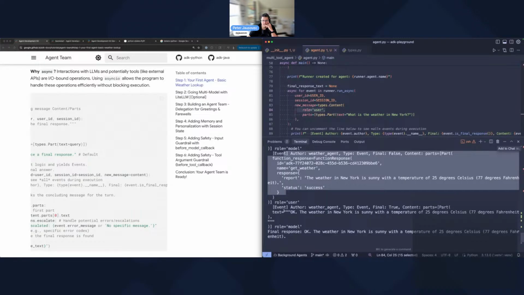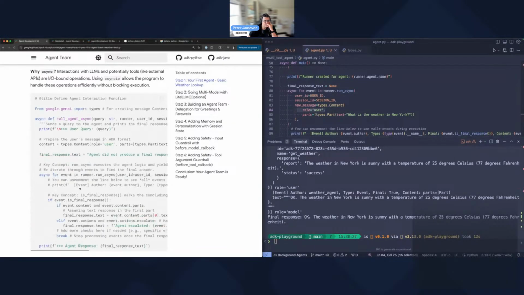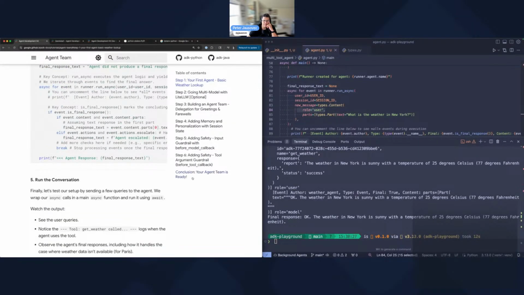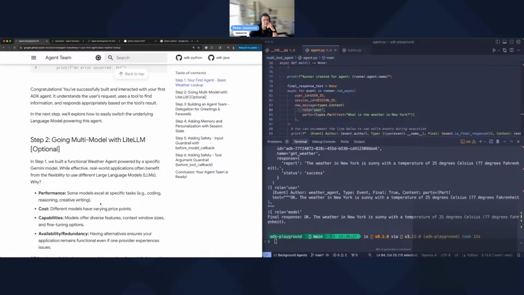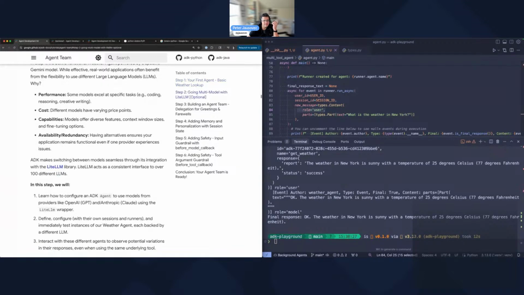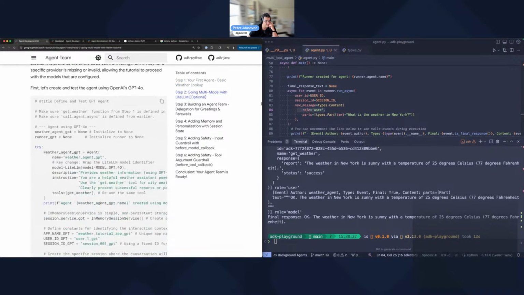And then the actual response, right? And then this was sent to the user, right? Final response. Okay. All right. So we basically replicated what I'm assuming the UI does in a way. So run. Okay, so going multi-model, that's fine. I'm assuming you just pass in the models that you have, and then